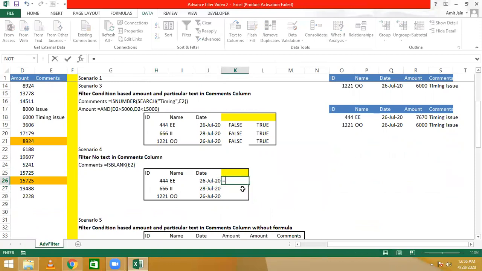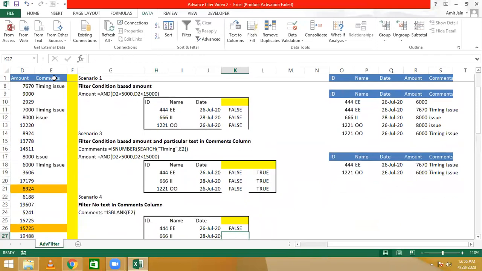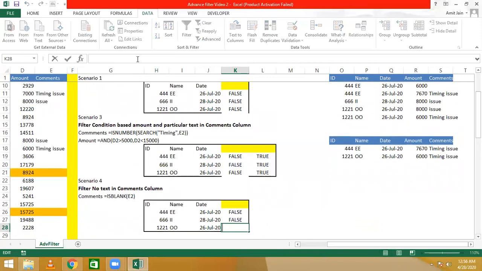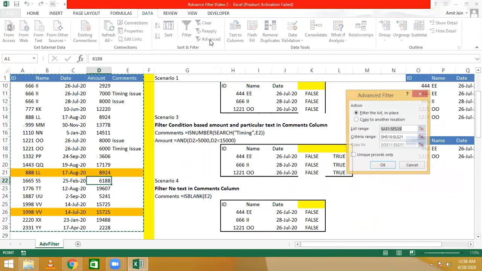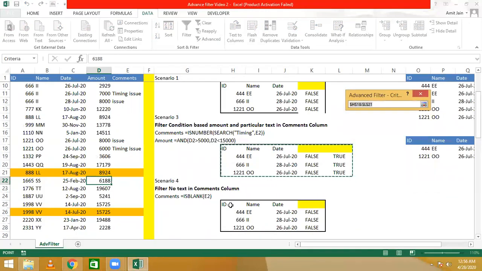So we will apply ISBLANK, and we will select the first cell in the comment column and close the bracket. So we get false because there is a text available. We'll copy the formula like this. Now we will again go to Data and click on Advanced and copy to another location. The list range is already fine. For criteria we will choose this one this time.